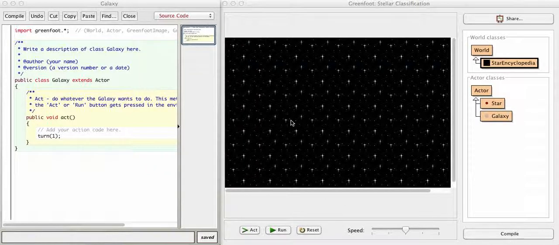So the first thing you have here is I have a galaxy actor, and that galaxy actor in its act method turns 1 degree every time the act method is called. So what we're going to do now is I'm just going to show you what happens when you click run. So I'm going to first